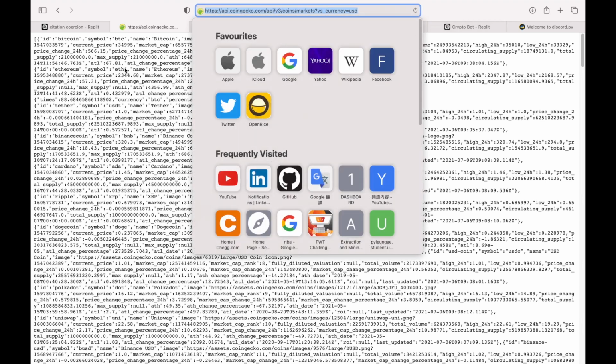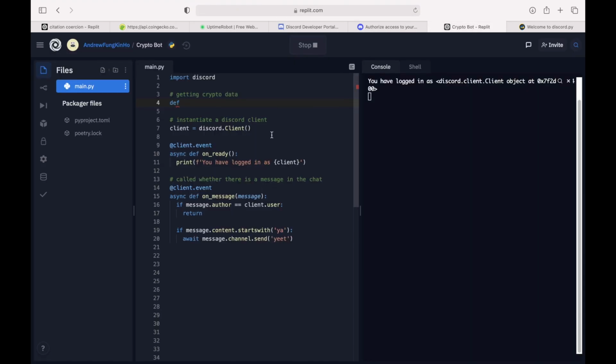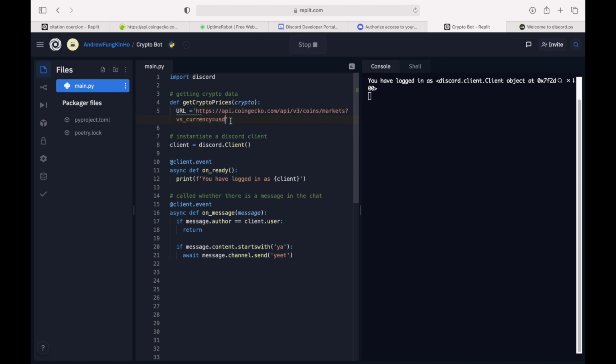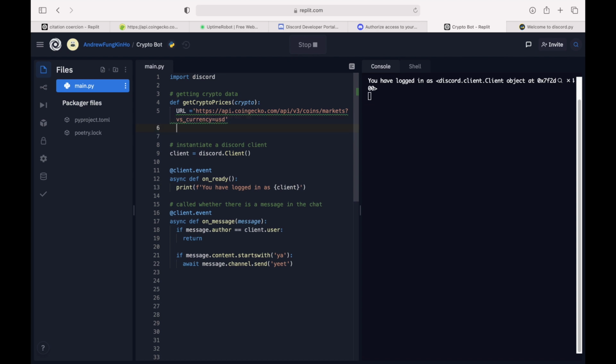So let's copy this and go back to our function. Let's define the function to be get_crypto_prices, and the user will specify their own crypto for the prices. So the URL that we're concerned with will be this one, the one that we've just copied, and let's fire up a request. So let's first import requests,